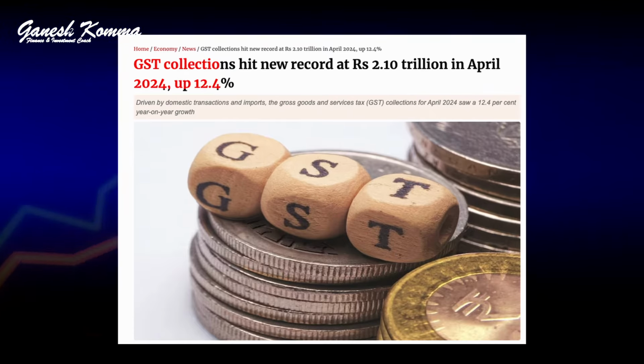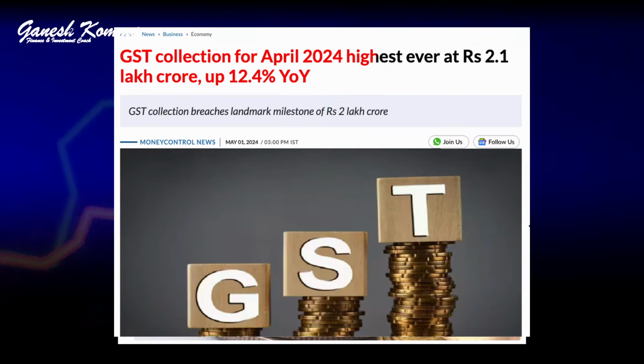So we do not know whether the same two instances will repeat or not, but chances are high it can repeat, because India as a country, on the macroeconomic front, we are very strong. Whoever does not track the data, go back and check. Last month, April 2024, we had the highest collection of GST. We have crossed the benchmark of 2 lakh crores. Purchasing Managers' Index, we are at the highest in the last couple of years. The number of UPI transactions is very high, right?